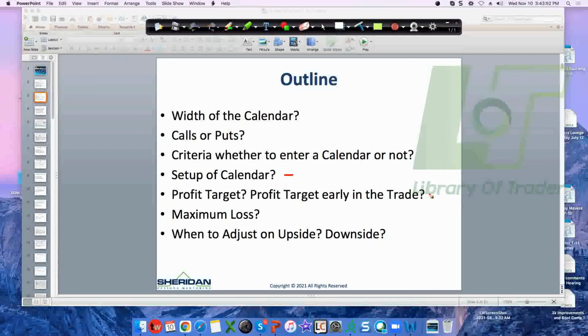And then some of the really important things in the risk management template. Profit target. How about the profit target early in the trade? Maybe the first day. What's the maximum loss? At what point do I cry uncle and say,